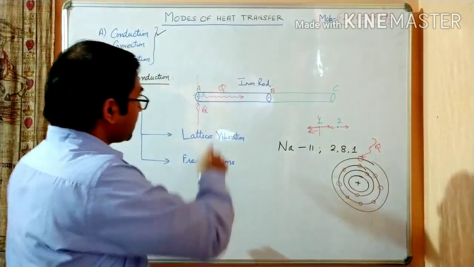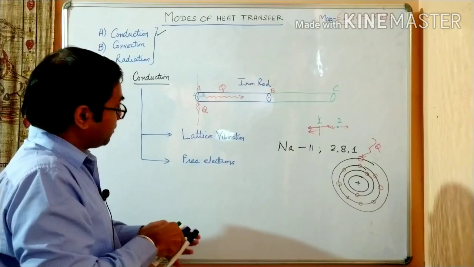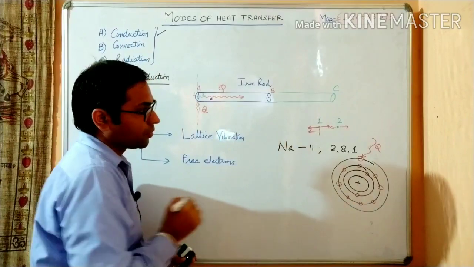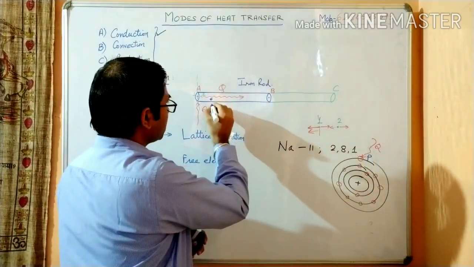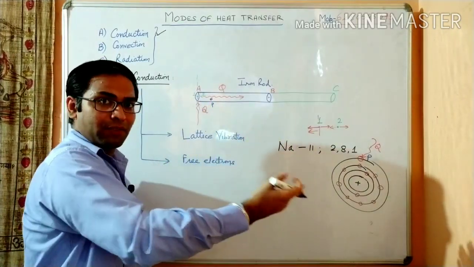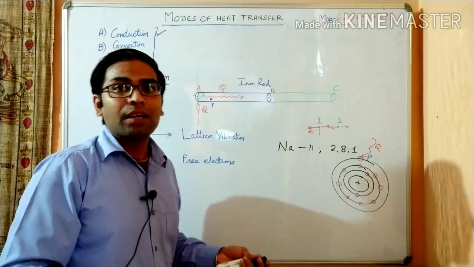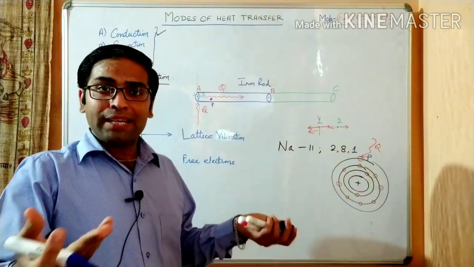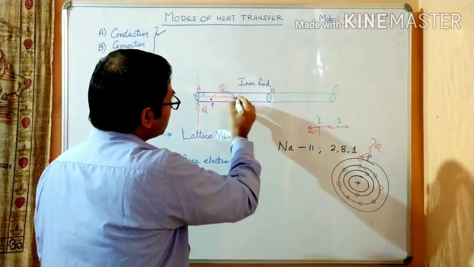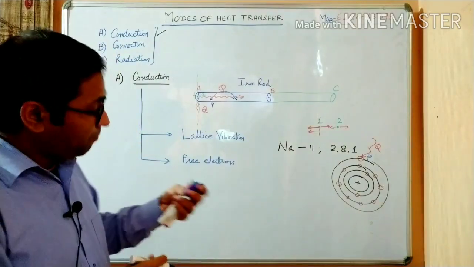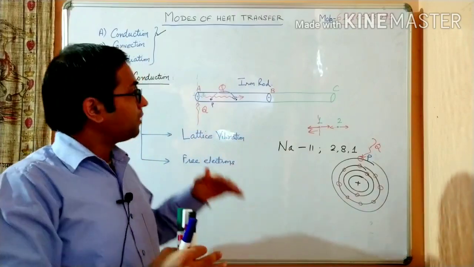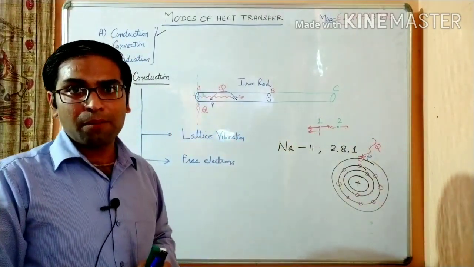When it leaves the surface, suppose that particular free electron was present here. Let this free electron be P. So this is P. Suppose this is present here. When it acquires heat, it will leave the surface. Basically it will jump from its position to a new position within the material, this way. Suppose it comes here. Now again, this jumping displacement is proportional to the amount of heat. The more heat is supplied, the more will be the jumping of the electron within the material.